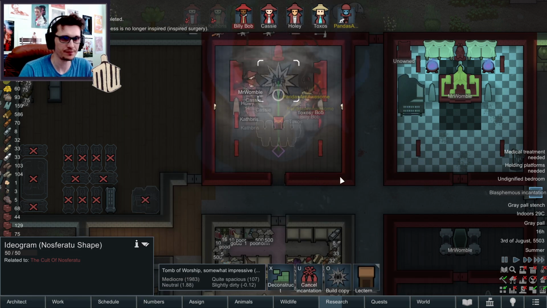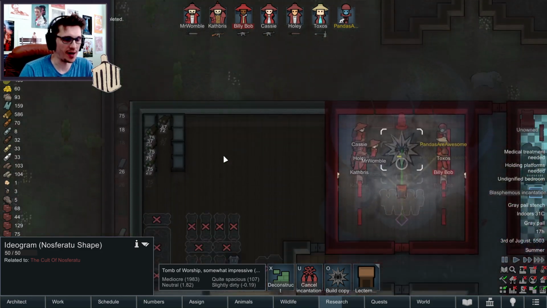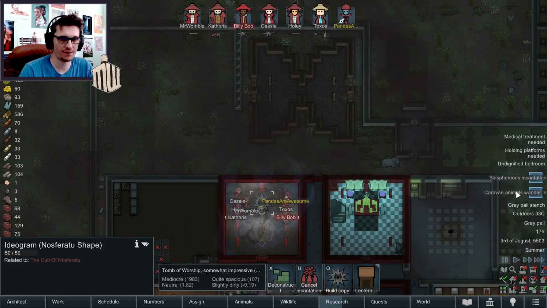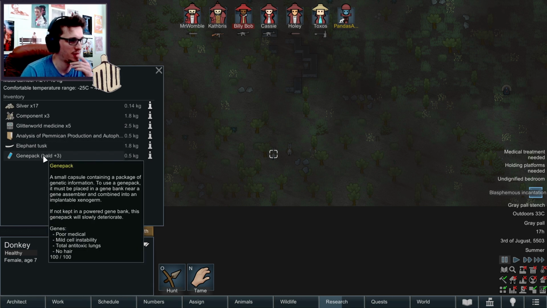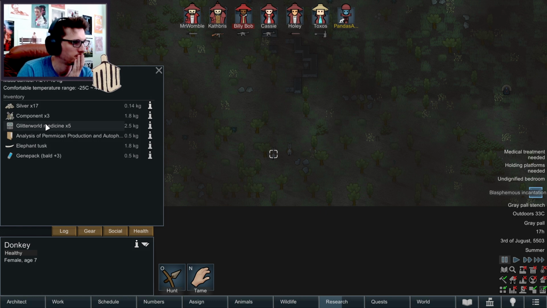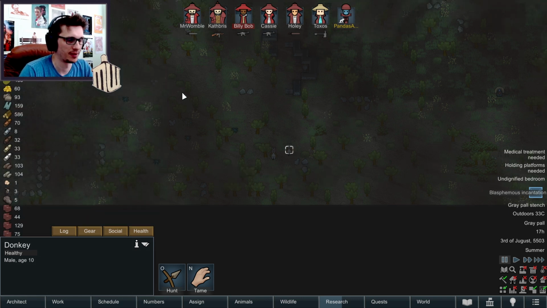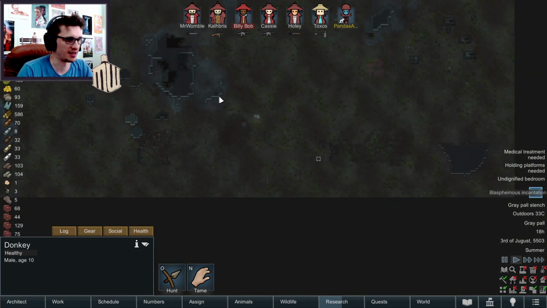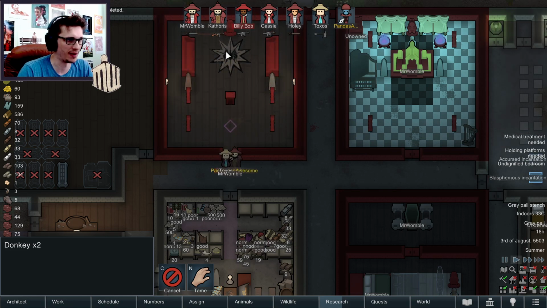We'll do one more. So yeah, over here, holding platform. Now, if caravan animals wander in, do they have anything that's good? They've got elephant tusk, they've got mild cell instability, total anti-toxic lungs, no hair, pretty useless. Pemmican and mortars. Some glitter meds, components. Okay, so we want to kill these. Gold and plasteel, yeah. I need to keep a very close eye on them because they will disappear quick. So I think after this we just go out and...